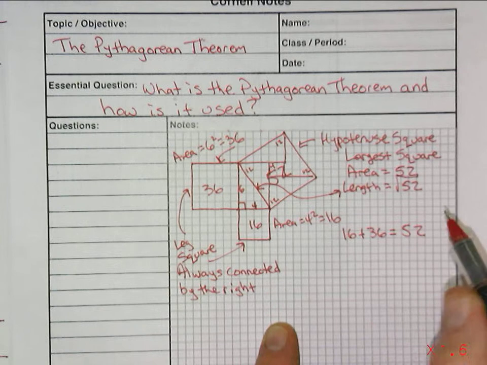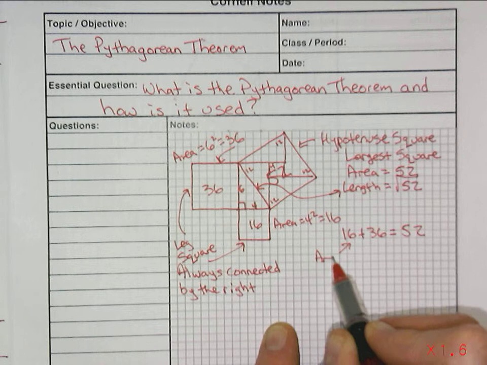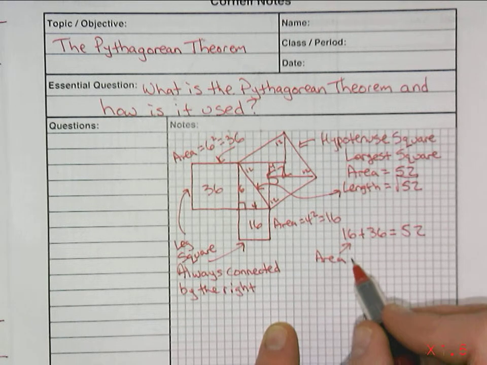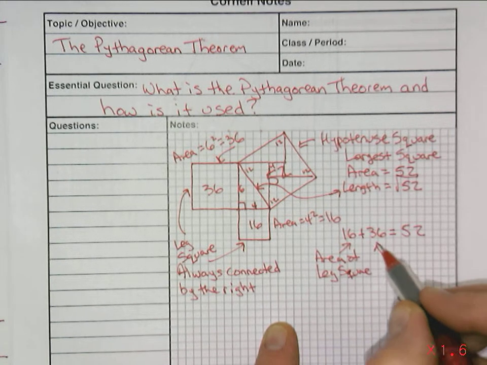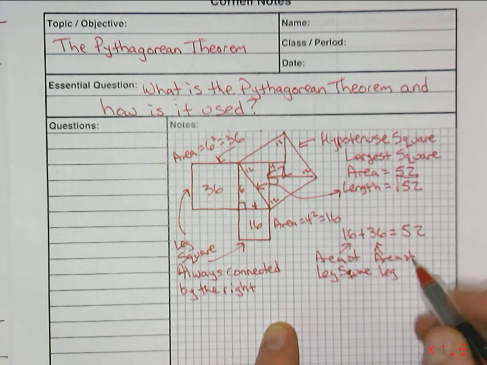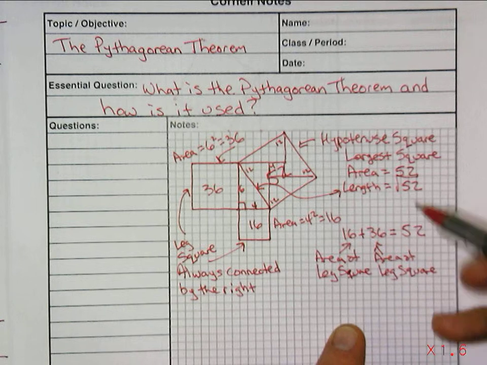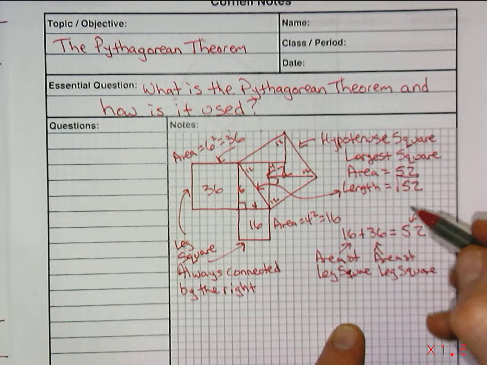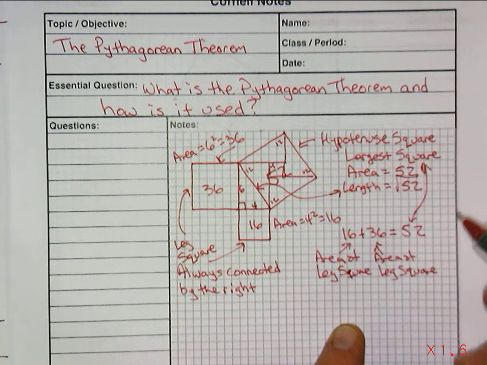In other words, if we take the area of the leg square plus the area of the other leg square, so in other words, we take the two leg square areas and add them together, we actually get the area of the hypotenuse square. So this is our hypotenuse square area,